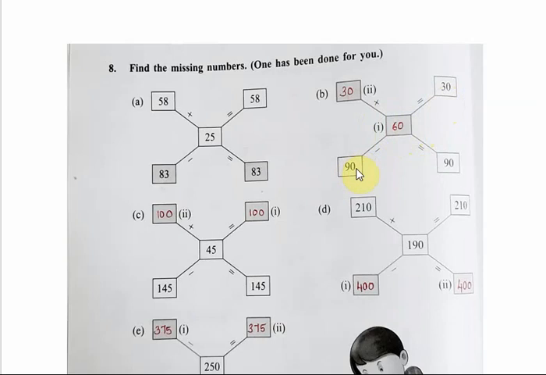So we got here 90, 60, 30. And in this line, see, 60 is common. 90 is given here. And what is the number missing here? Here 90 and 60 are there, the remaining number is 30. So you can write that number 30 here. See, this is an easy method. If in one line you get all the numbers, in the second line the remaining number will be written in the missing place.